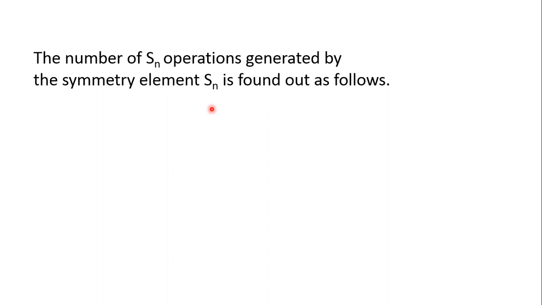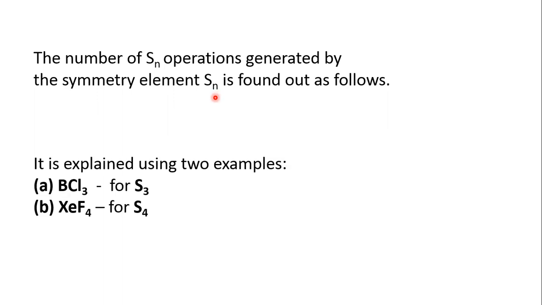In today's lecture, we are going to discuss the number of operations generated by the symmetry element Sn. We are going to take two examples for this: one in which the value of n is odd and the other in which the value of n is even. In the case of BCl3, boron trichloride, the shape is trigonal planar, and for this we have an S3 axis. That is, instead of Sn we have S3, so n is 3, which is an example when n is